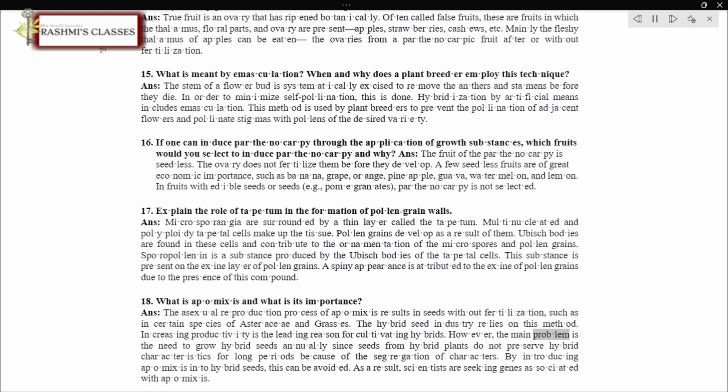However, the main problem is the need to grow hybrid seeds annually since seeds from hybrid plants do not preserve hybrid characteristics for long periods because of the segregation of characters. By introducing apomixis into hybrid seeds, this can be avoided. As a result, scientists are seeking genes